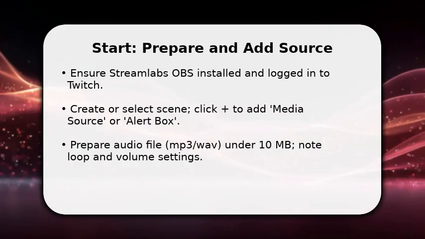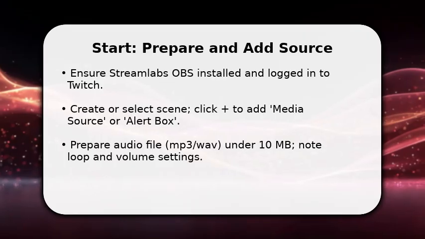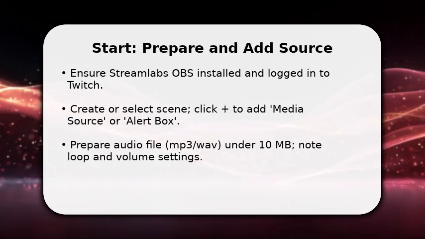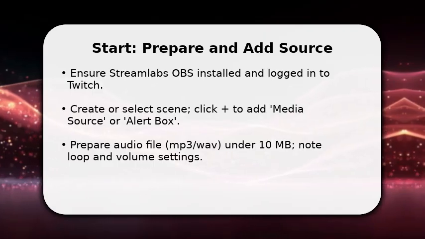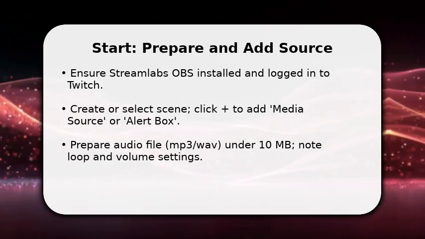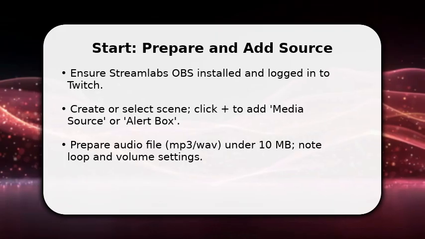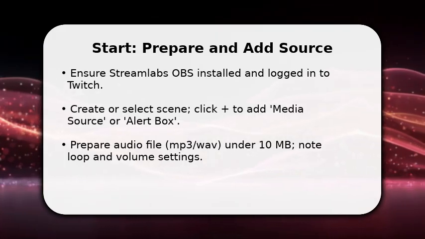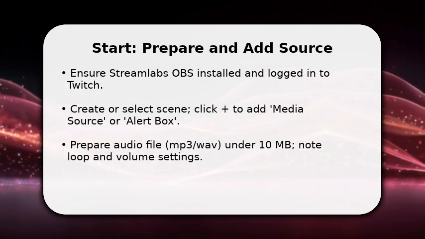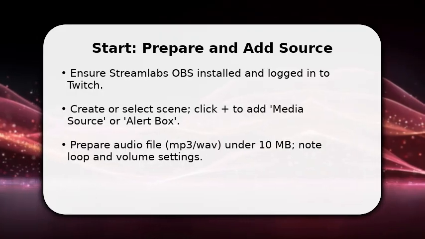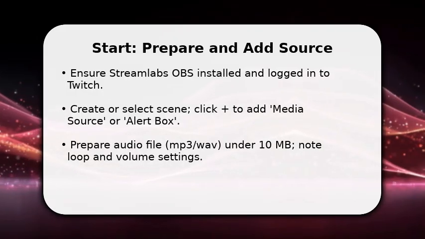You begin by opening Streamlabs OBS and logging into your Twitch account. Make sure you're in the scene you want. Click the plus button and add an alert box or media source depending on whether this is a chat or donation sound. Choose your audio file, set playback to single or loop, and set volume. Once done, name the source clearly for future edits and lock other scene elements so you don't accidentally move them